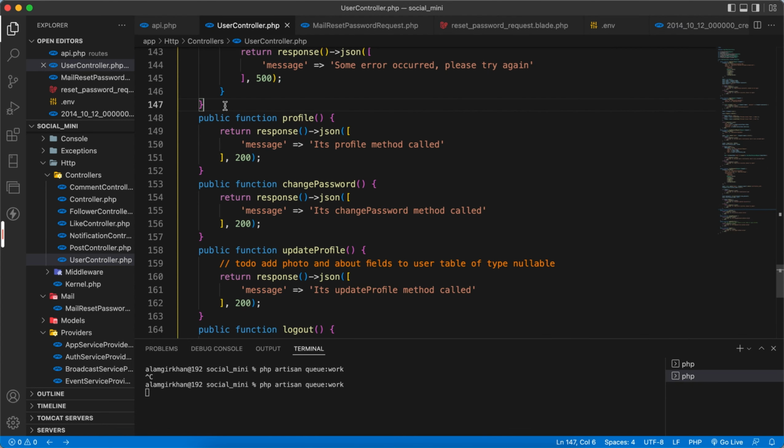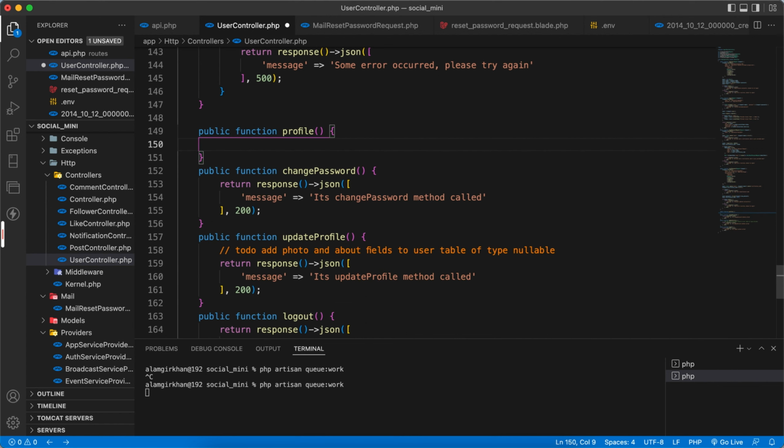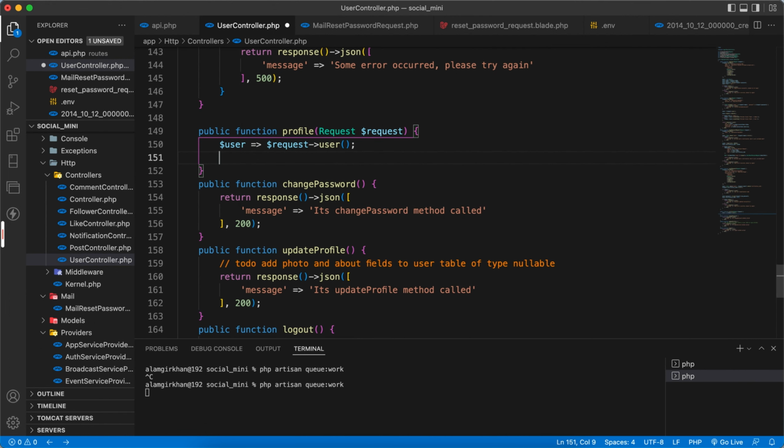Now we have to complete our profile method. The profile method is very easy and short. First of all, we take the request and then $user, and request of user, and if user